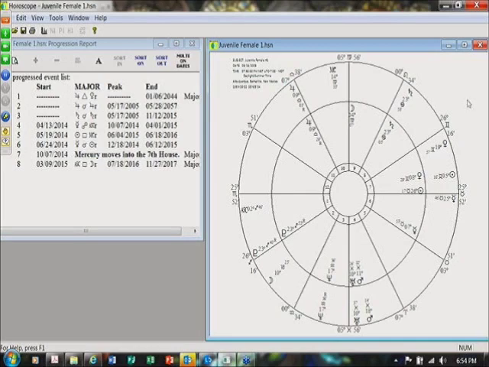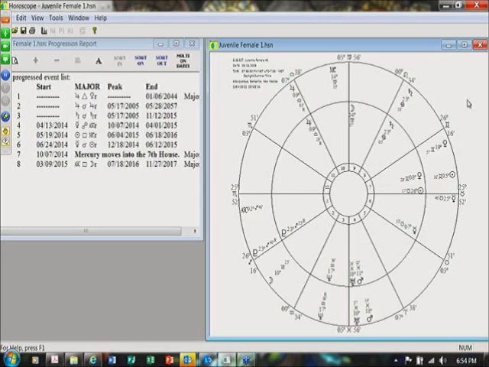Step number 5 is note the chief ruler of the house. When there is more than one planet occupying a house, the planet closest to the house cusp becomes the chief ruler. All other planets, including the planet or planets ruling the sign found on the house cusp, become co-rulers of the house. When a house is unoccupied, the planet or planets ruling the sign on the house cusp becomes the chief ruler of the house. Intercepted signs